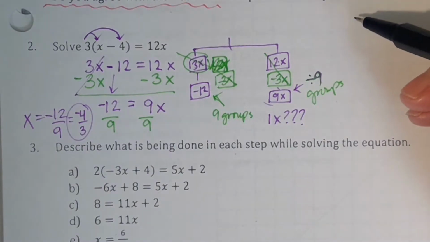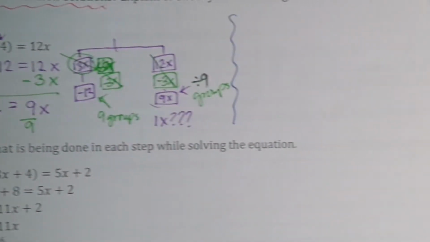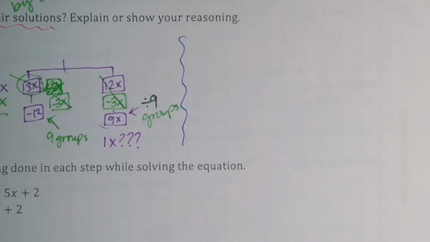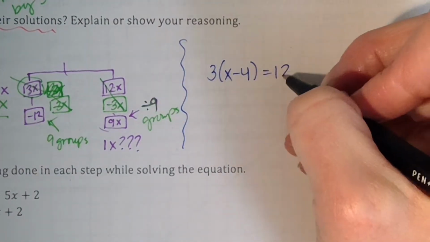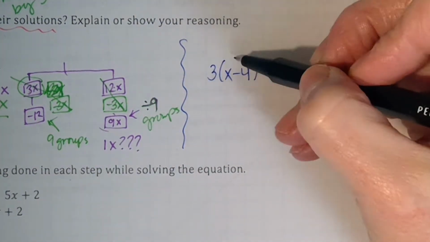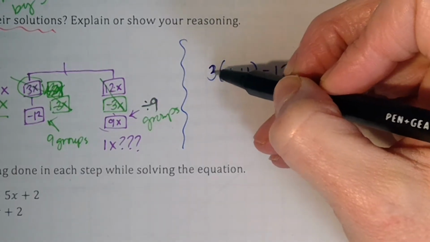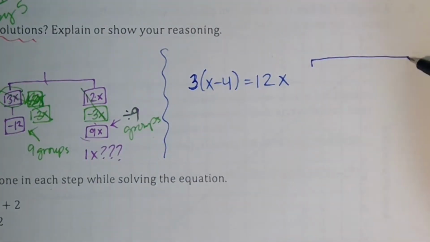Now we're going to take a look at what if we didn't simplify first. Okay, so for the next one, what if you looked at this and said, well, I don't want to distribute this 3. I want to eliminate this 3 from the beginning. And what that would look like with the hanger, just so you can see,